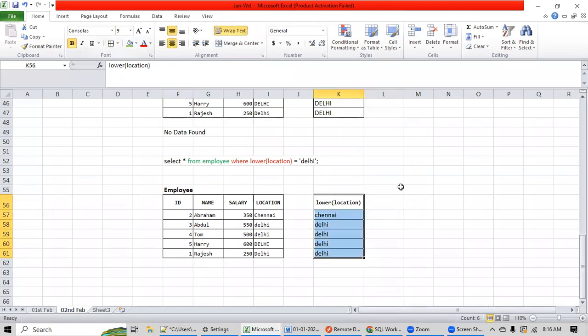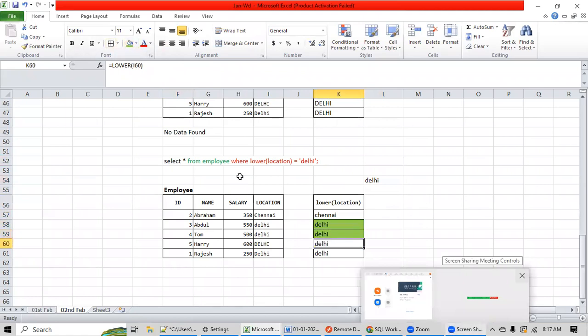Is this clear? Now this you want to compare with which data? This daily data, which is in lowercase, correct? Now, is this same as this? No. Is this same as this? Yes, so this is selected. Is this same as this? Yes, so this is also selected. Is this same as this? Yes, this is also selected, because all these records are the same as daily in lowercase. Hope it is clear.